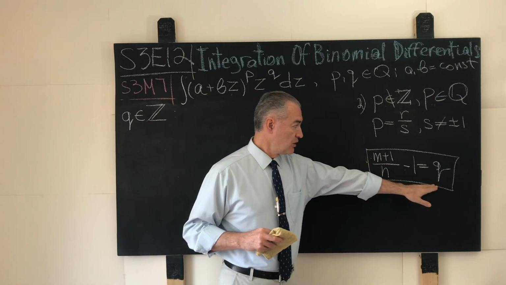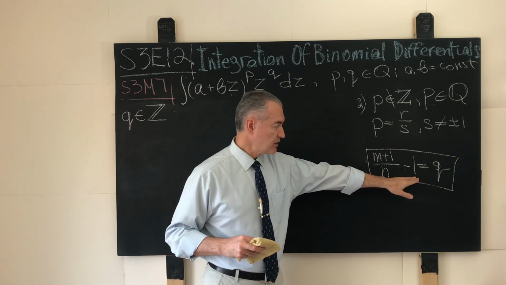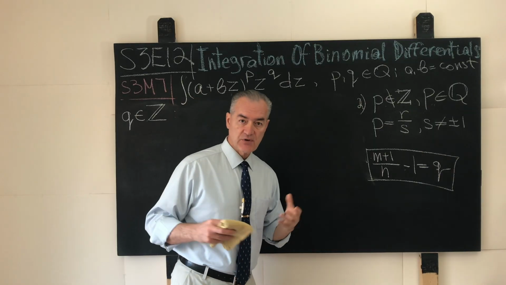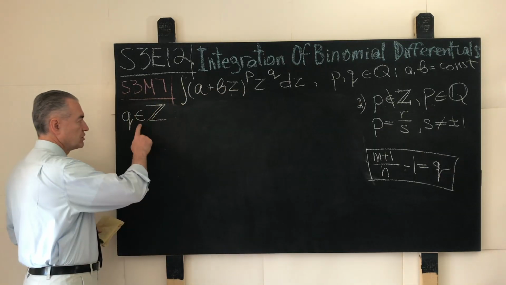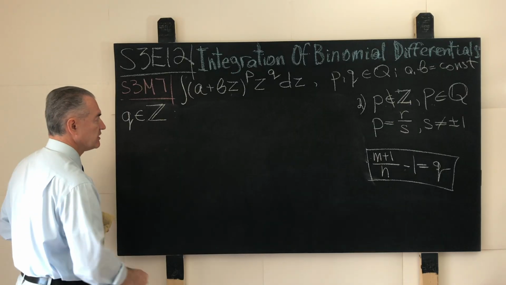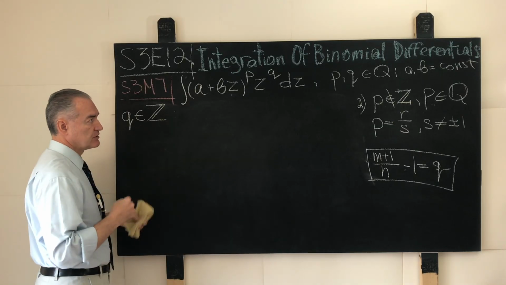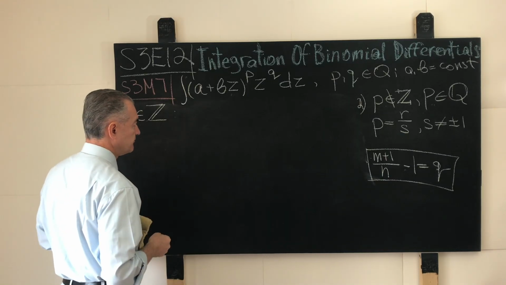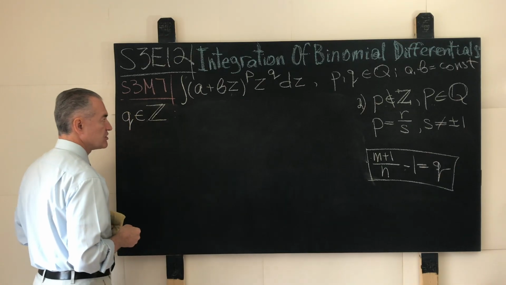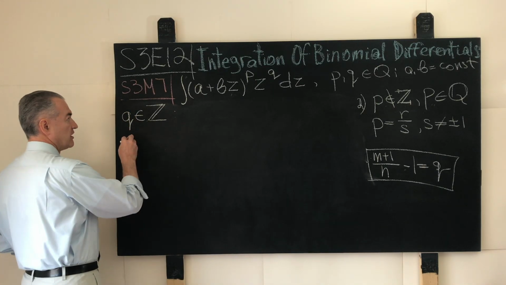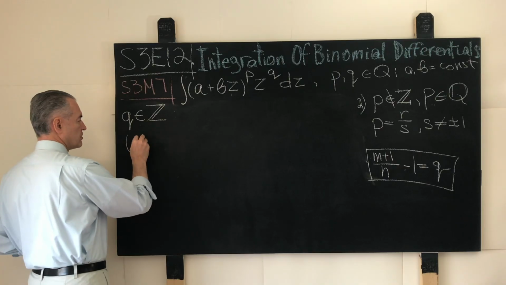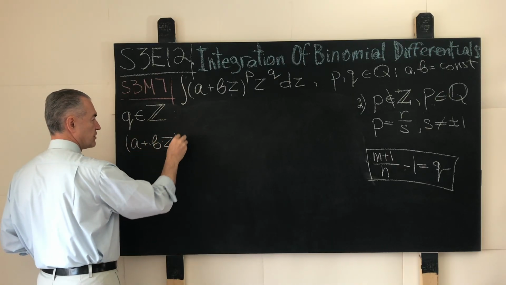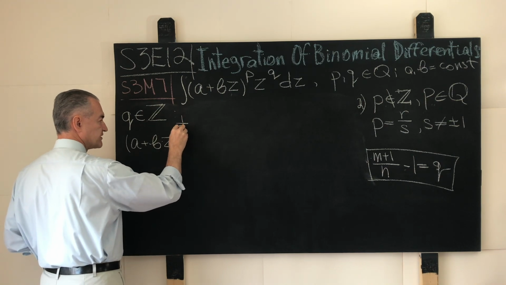And what does that mean? Well, 1 is a whole number. That means that (m plus 1) over n turns out to be a number that is whole. So in this case, which substitution will slay this particular integral and make it integrable, or representable as a finite combination of elementary functions? Evidently, the following substitution: a plus b times z, raised to the power of 1 over s,